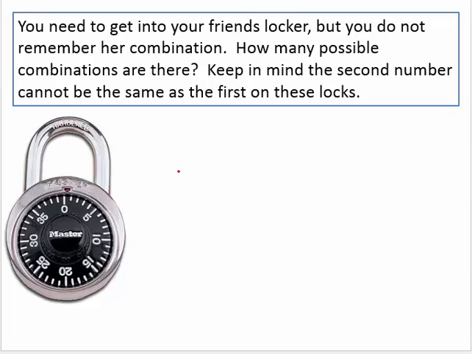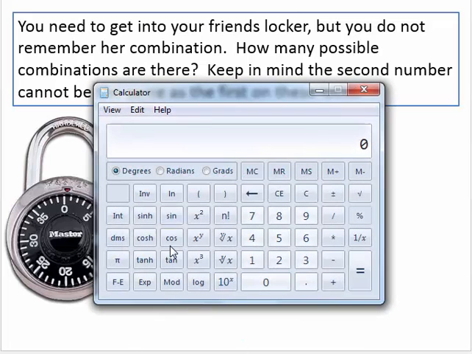So for your first number, you'd have 40 choices. For your second number, since the second number can't be the same as the first, you'd have 39 choices. And then the third number could be any number, once again, so that'd be 40. So to figure out how many different combinations there are on a lock that looks like this, you would simply take 40 times 39 times 40. So let's go 40 times 39 times 40, and we get